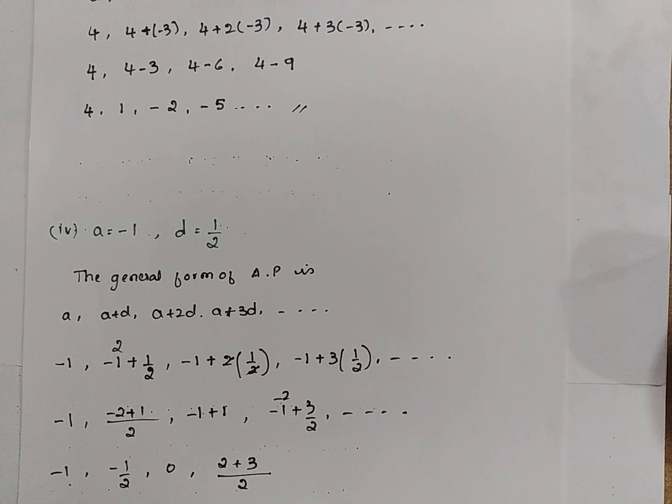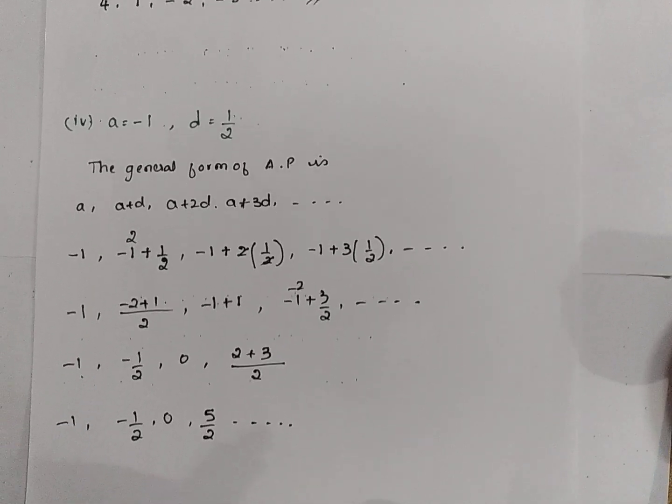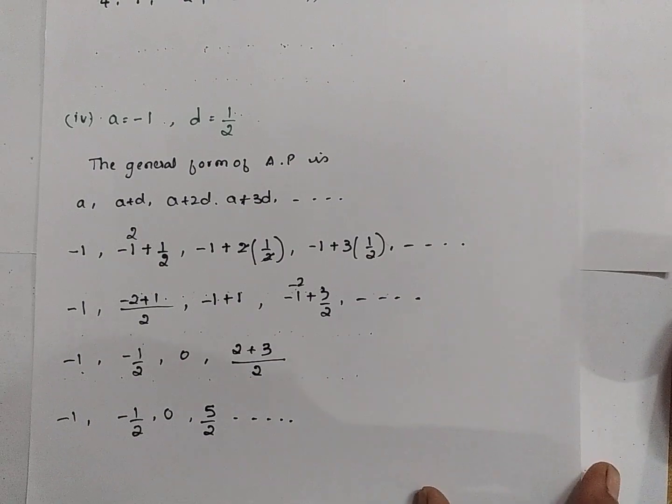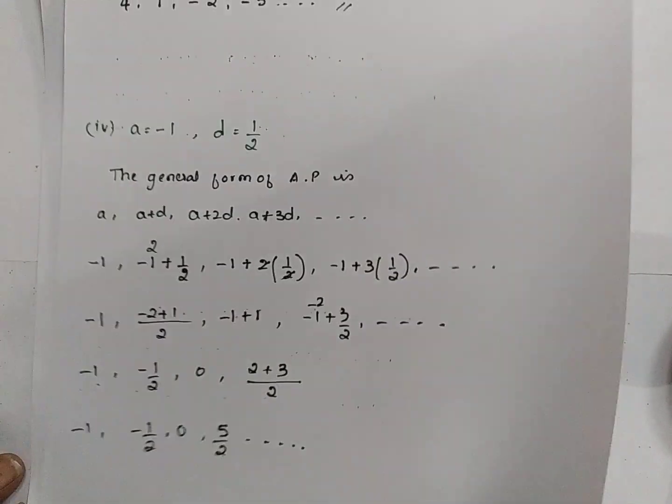That is minus 1 by 2, 0, and this is 5 by 2. So this is the expression. Next, the fifth problem: the common difference is minus